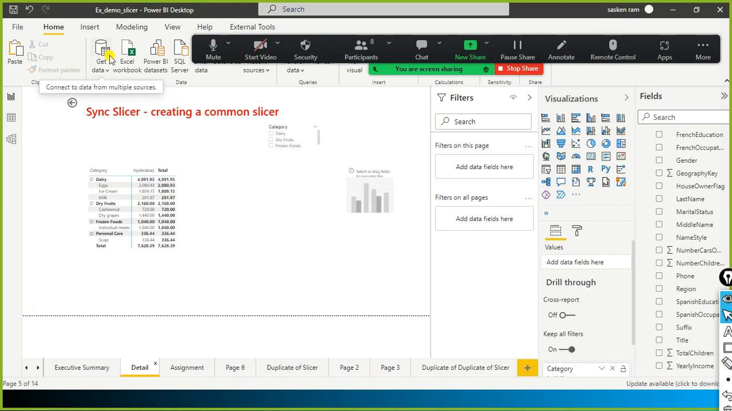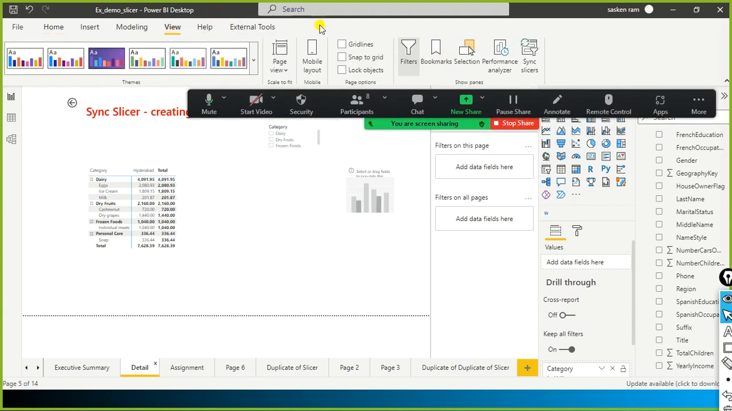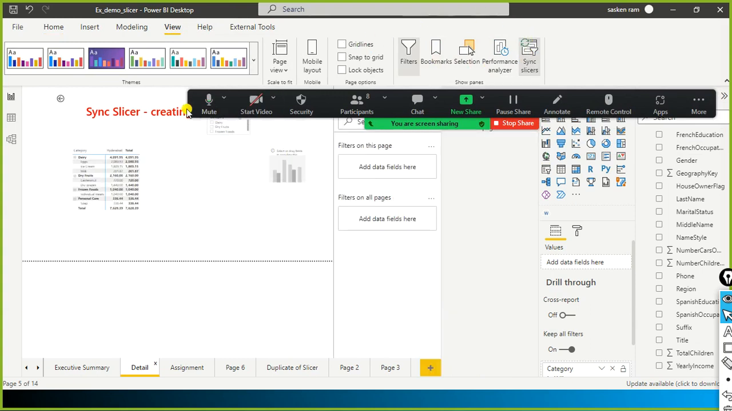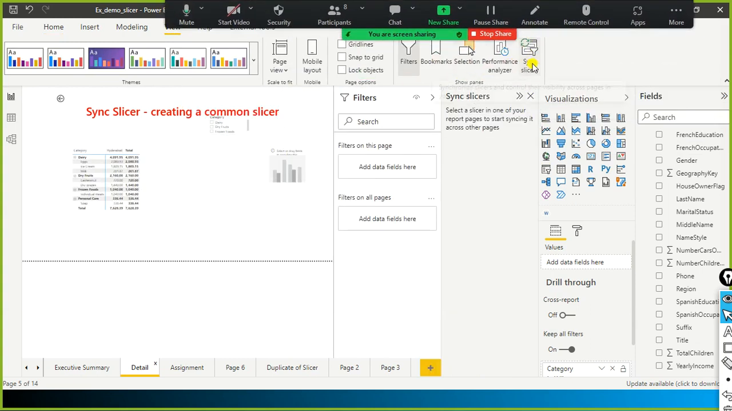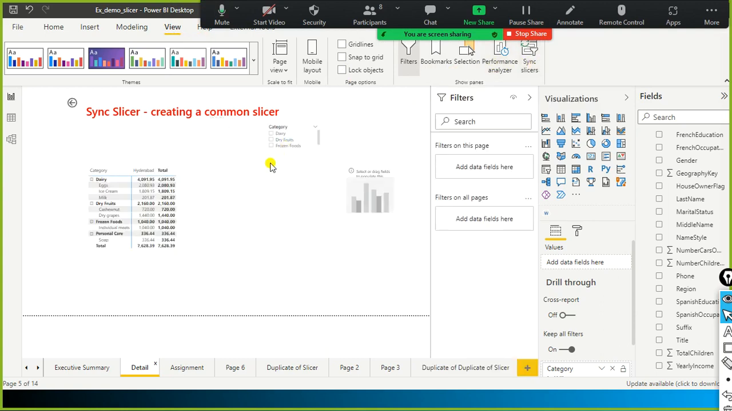If you want a common slicer, instead of creating the same slicer on each and every page, we can create it on a single main page, reuse the same slicer and sync it across the desired pages. Go to the view ribbon and look here, under the view ribbon you can find sync slicer. When you click on it, what will happen is,